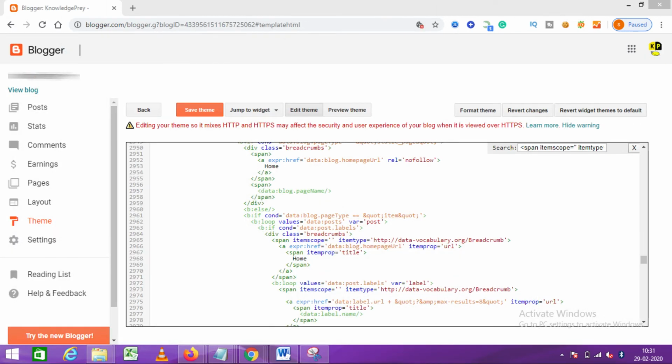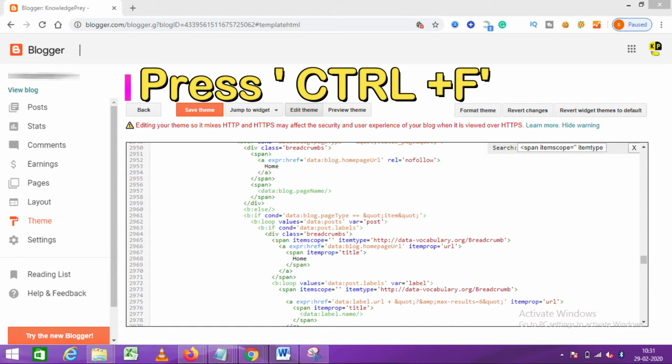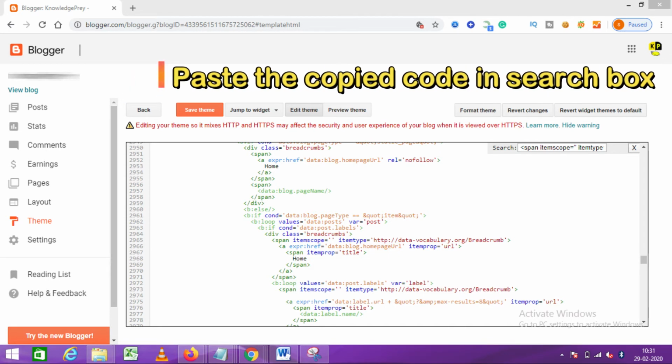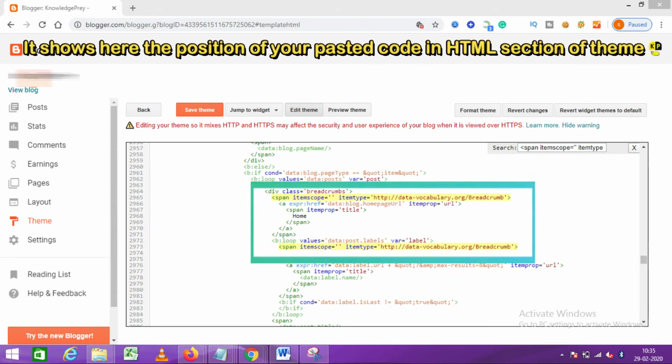Then go back to Blogger and theme, edit HTML section, then type Ctrl F and paste the copied code in the search window. Now here it shows you where that code is located in HTML section of your theme.